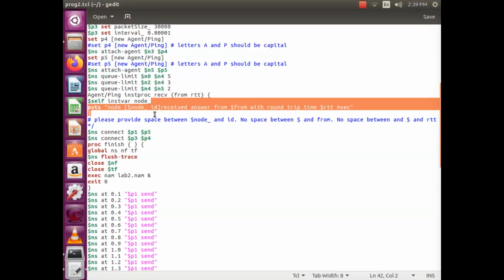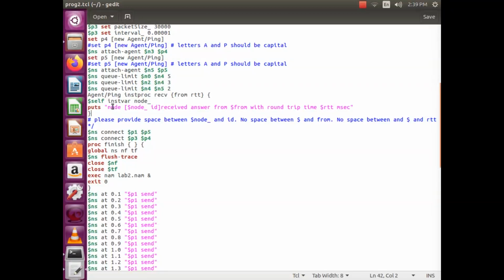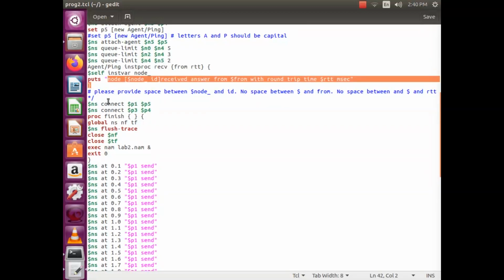Up next, we assign the instance procedure recv for the round trip time. The node received an answer from which node, and what is the round trip time. I want to display this, so for that I am calling the puts function. Connect p1 to p5 and connect p3 to p4.